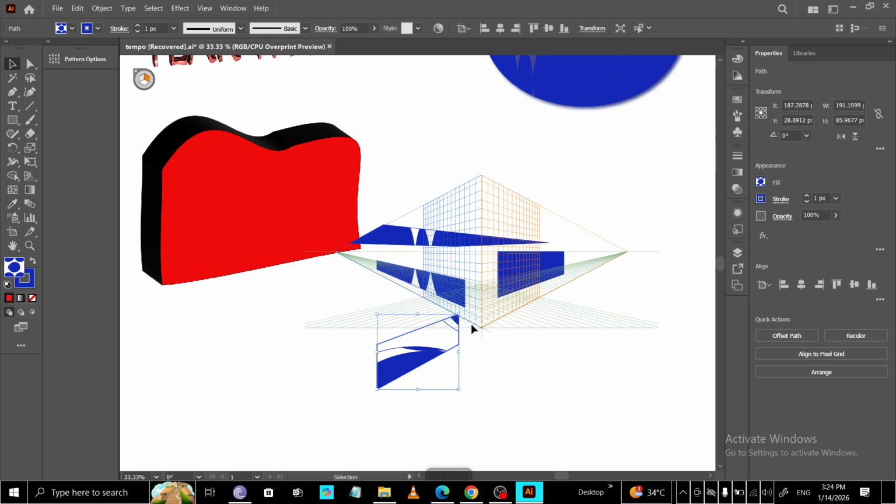A quick note on what you're seeing: the perspective grid is just a guide, not an object on any layer, so it won't export or print. And that said, hiding it can reduce visual clutter and make it easier to select and edit artwork without